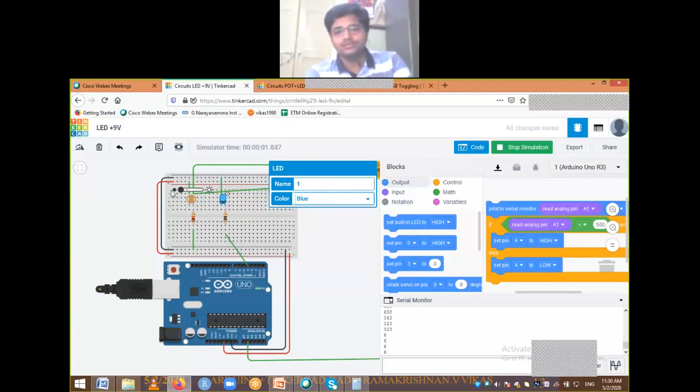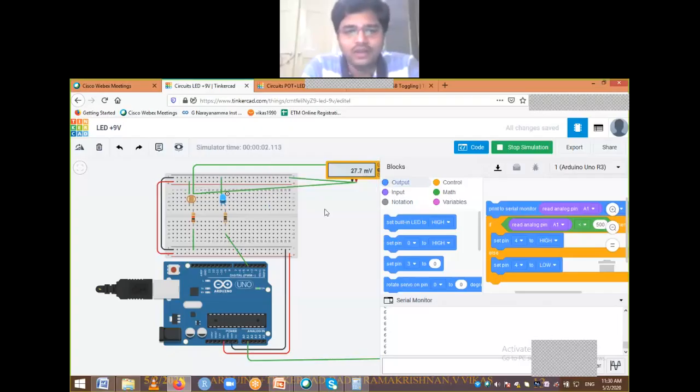Okay, so same thing, you can implement the same circuit, and you can dump into your Arduino. Like that you can make some kind of a small test with this particular circuit using hardware also. LDRs will be available, maybe 1 or 2 rupees, not more than that. LED will also be available for 1 or 2 rupees. Maybe in our department we also have Arduinos. You can just come and work with those things to get some idea about the hardware.